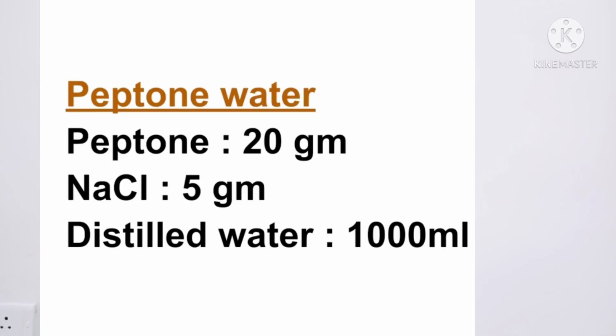For this test, we have to inoculate the bacteria in a tryptophan containing media. Peptone water has adequate amount of tryptophan. It is made with the following ingredients, that is peptone 20 grams, sodium chloride 5 grams in distilled water 1 liter. Some bacteria have the enzyme tryptophanase that break down this tryptophan to indole, pyruvate and ammonia. This indole accumulates in the media and it is volatile.